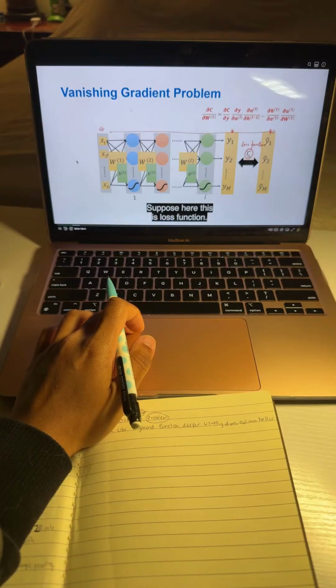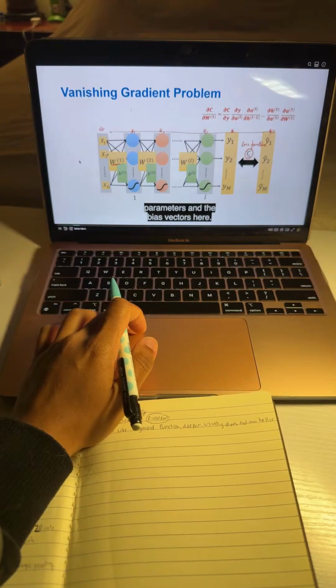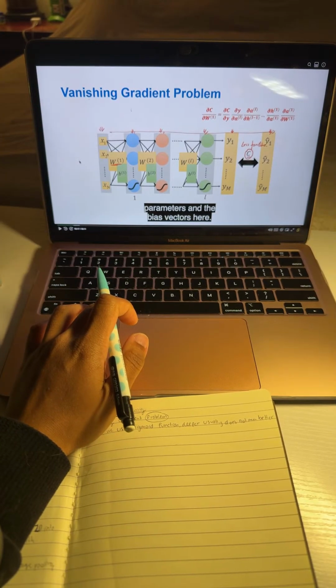Suppose here this is the loss function. We know in each hidden layer we have a lot of parameters like the W